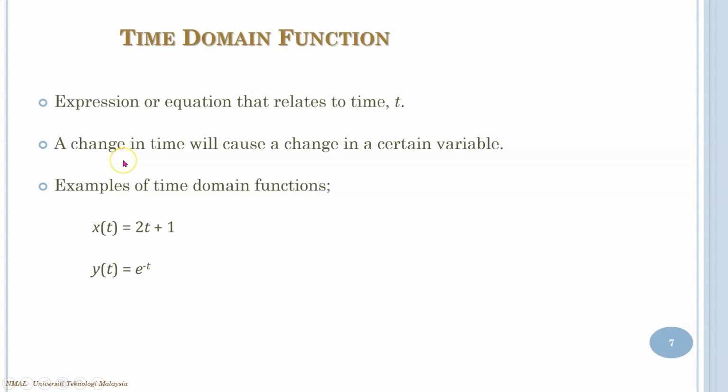Okay, so to recall your knowledge, when we're talking about time domain function, it's basically all the expressions or equations that are related to time, which is t. So if you see x(t) here, for example, of the time domain function, if there is a t element here, you know that this t relates to time. So a change in time will cause a change in a certain variable, that is the time domain function. Okay, the equation on the right hand side also should contain t, because any changes in t here will also cause a change in the certain variable,